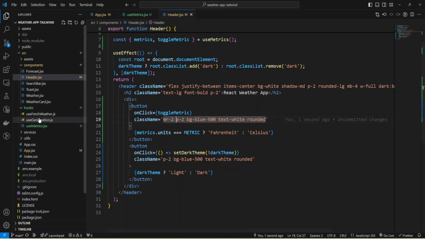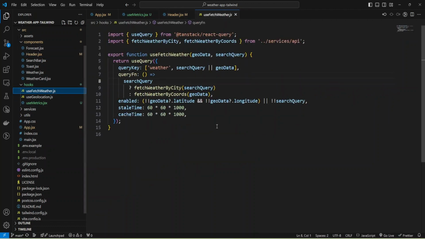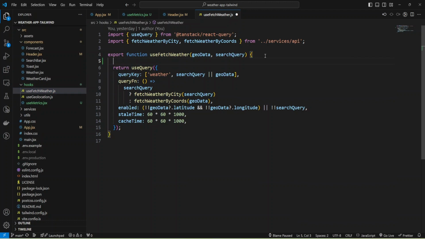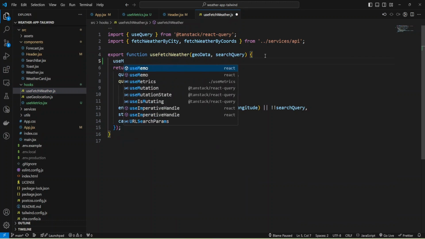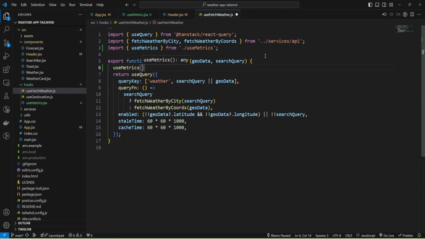Okay, and for that I'm going to open my useFetchWeather hook, and I'll use my useMetrics hook, and the import was added, and now I can retrieve metrics, and I need units, and let's define.